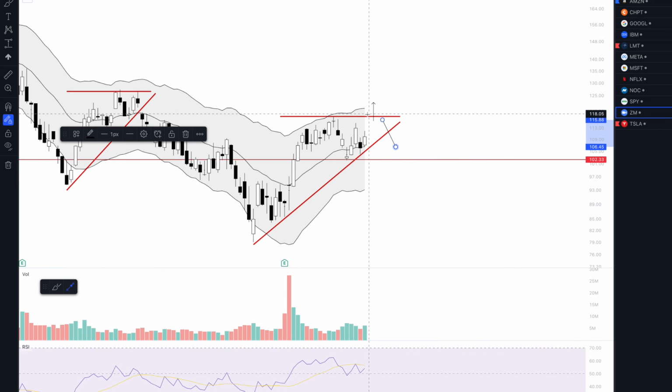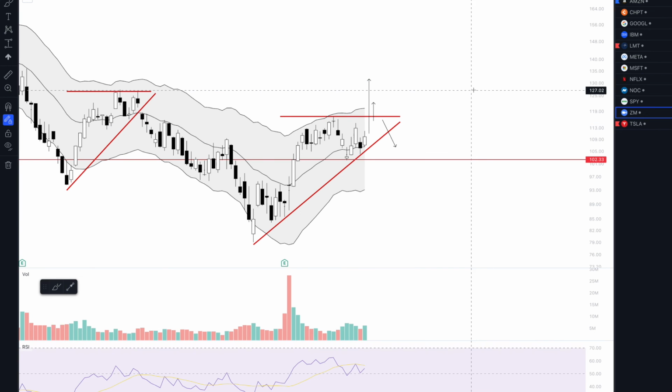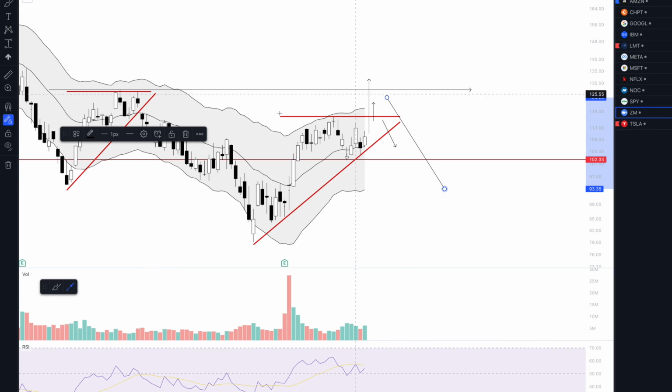But if we see a very large scale bullish candle appear, stretching out of this resistance past 116, I'll likely look to go long until 127, which was the prior resistance just above. So maybe a test of this 127 level and then downward movement. Or if 102 breaks, I'll be looking to go short for possibly a 40 to 100% retracement from the current levels. And with that being said, traders, they are my stocks to watch for the next week